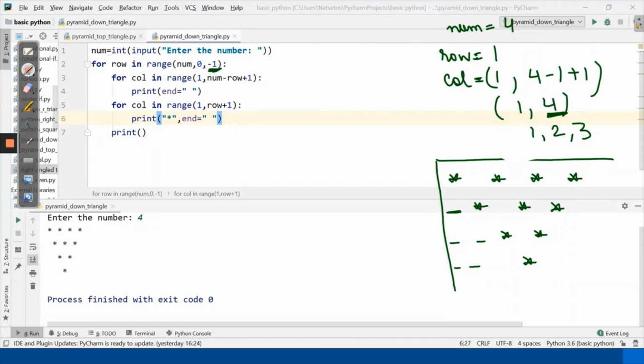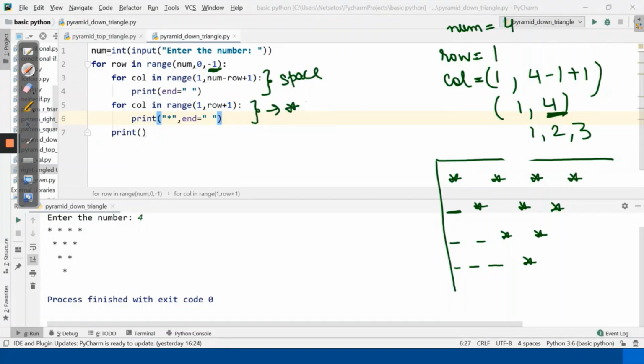So here 1, 2 and 3 spaces will be there. So it was completely a matter of spaces, as this loop was for space and this loop was for star.